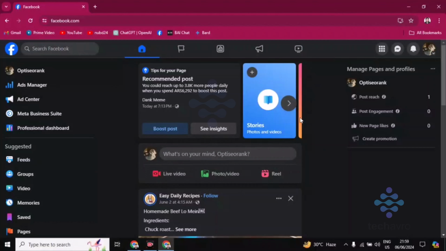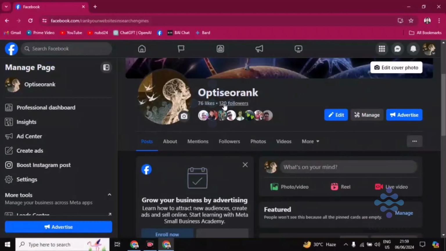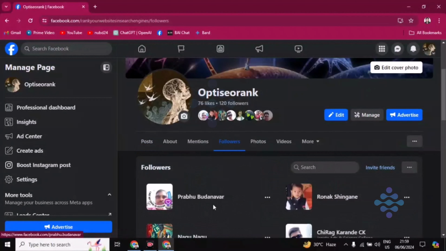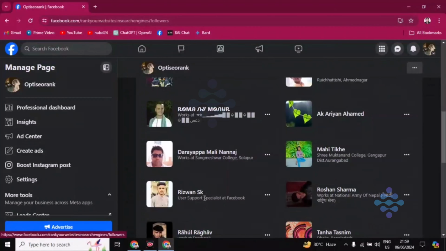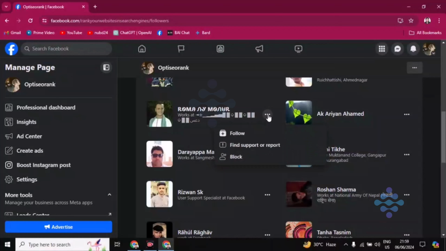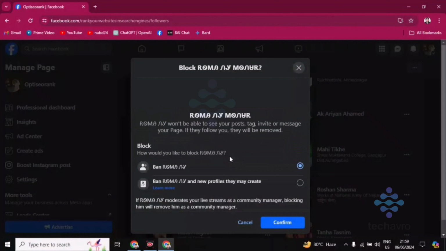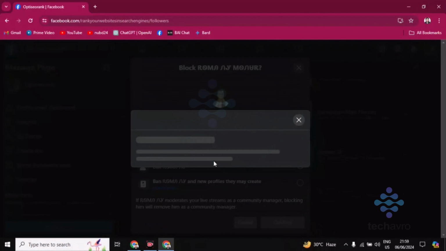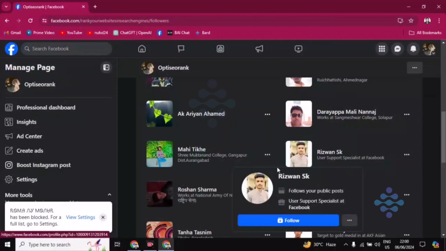Okay, after you land on this Facebook page, you have to go to this option, which is at the top left corner, your Facebook page name. Click on this and then you'll find here followers. Click on followers. Now if you want to ban someone, you just have to click on this three dot which is beside the Facebook name of that person, and then you have to click on block. Now you have to confirm it, and this is how you can ban someone from your Facebook